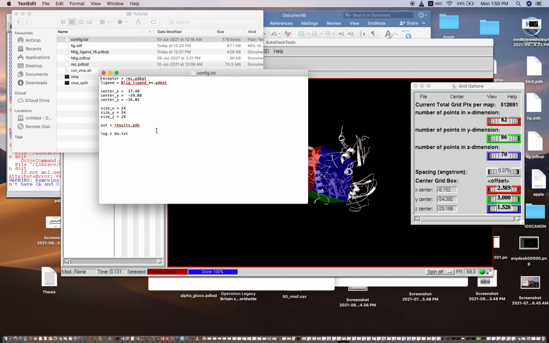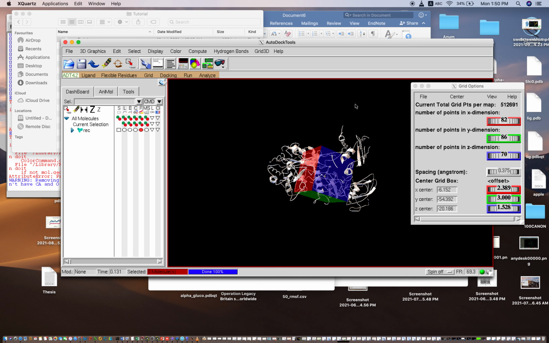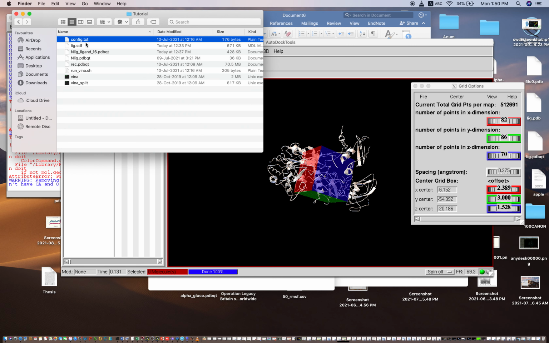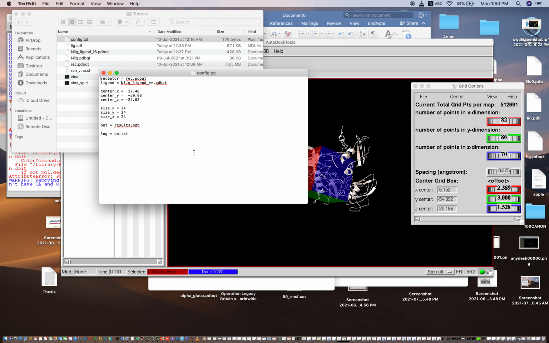That is the file which will be used while you are going to dock your receptor with the ligand in the command line. So while doing all these things, your ligand is prepared, your protein is prepared as well. Then you will dock your receptor with the ligands.